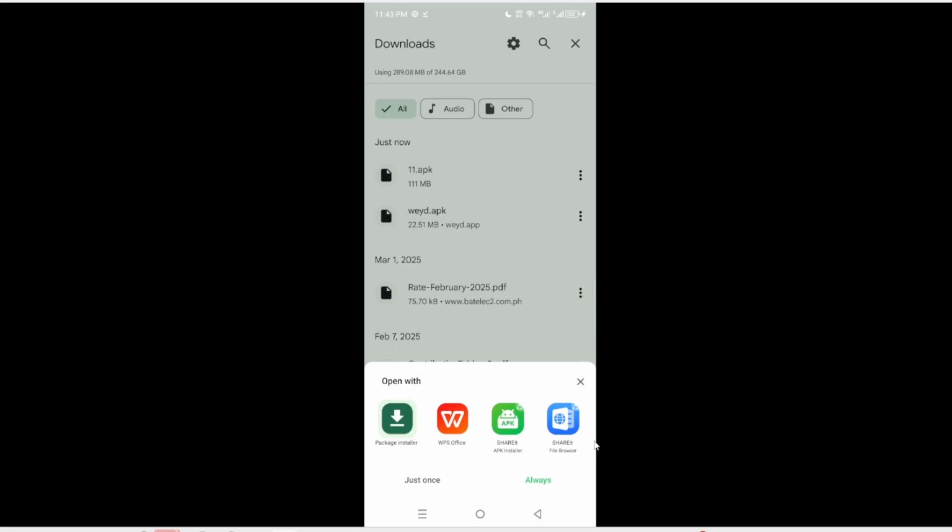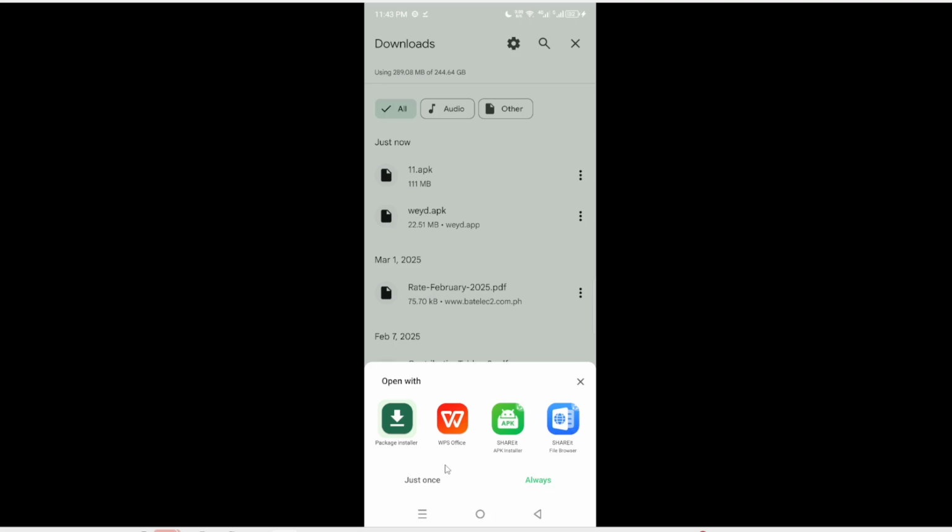After you click on the downloaded APK file, your device will prompt you with a series of installation steps. Follow these prompts carefully. You might be asked to confirm that you want to install the app. Simply click Install when prompted. This confirmation step ensures that you agree to install the app and that all necessary permissions are granted. Once the installation is complete, you will see a confirmation message that indicates the app has been successfully installed.